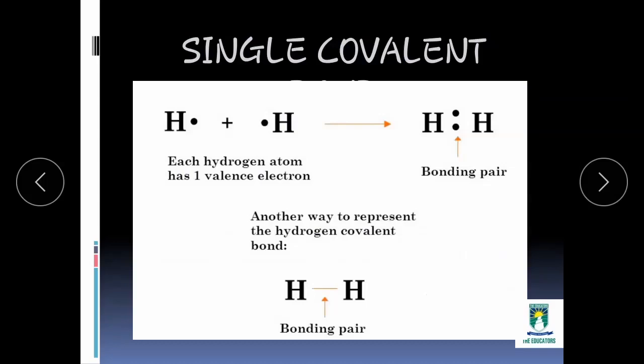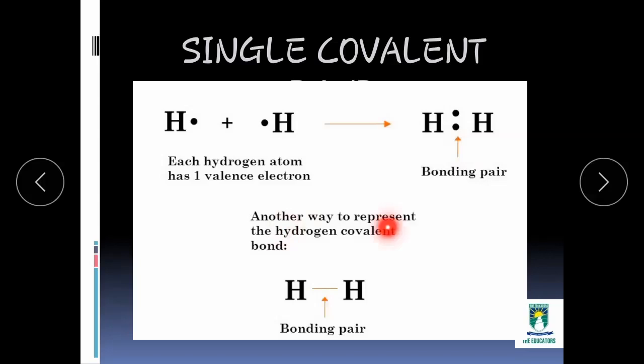Single covalent bond. A single covalent bond is formed by the sharing of 1 electron from each side, or we can also define it as the covalent bond which is formed by the sharing of 1 electron pair. It is called a single covalent bond. Like students, in this case you can see H2 is present. As you know, a hydrogen atom has 1 electron in its outermost shell, and the second hydrogen atom also has 1 electron in its outermost shell. So both will share their electron, and the sharing of electrons occurs in order to complete their duplet. So this is the bond pair which is formed by the sharing of electrons.